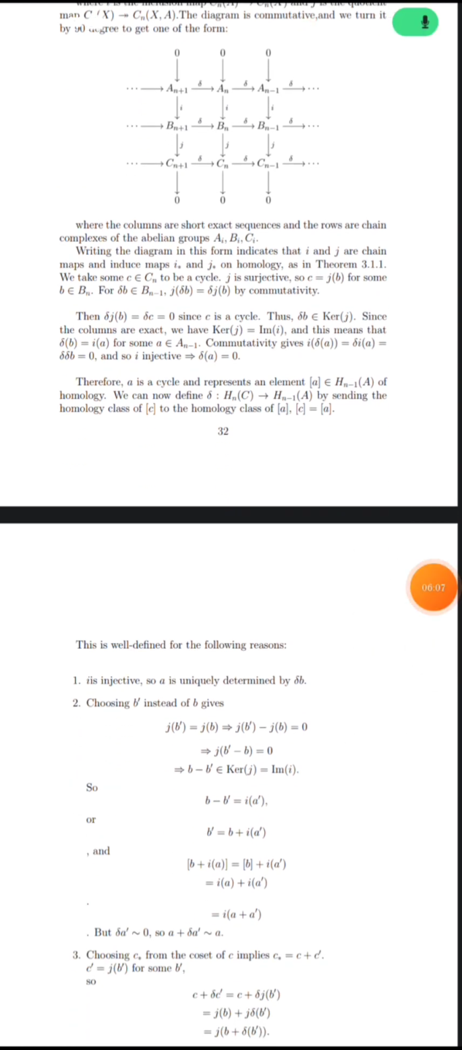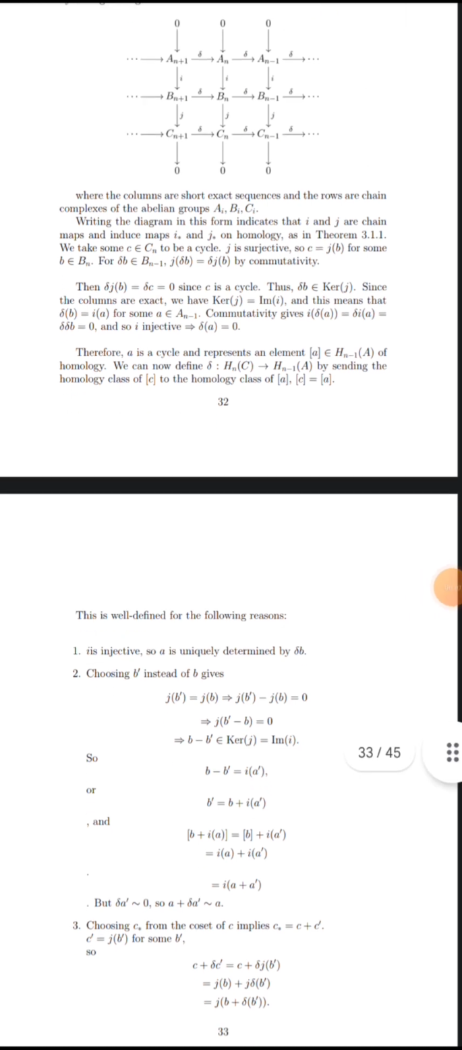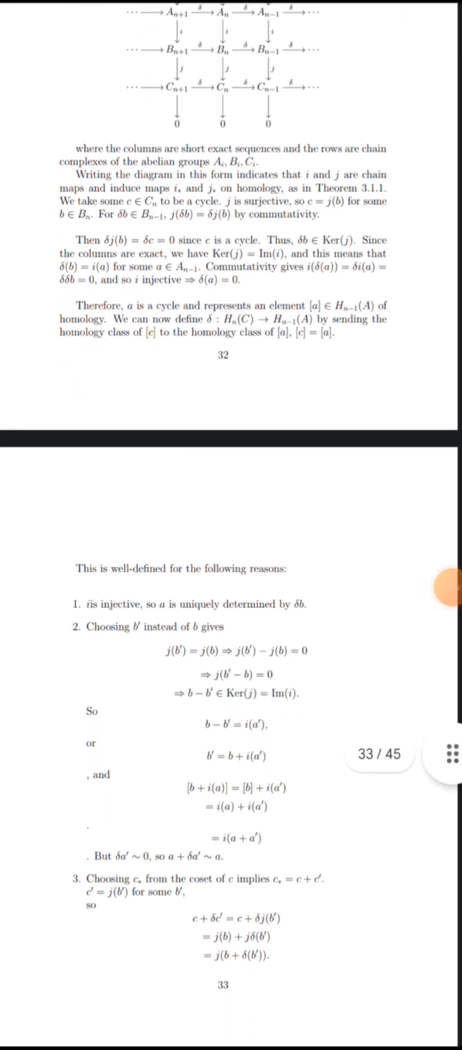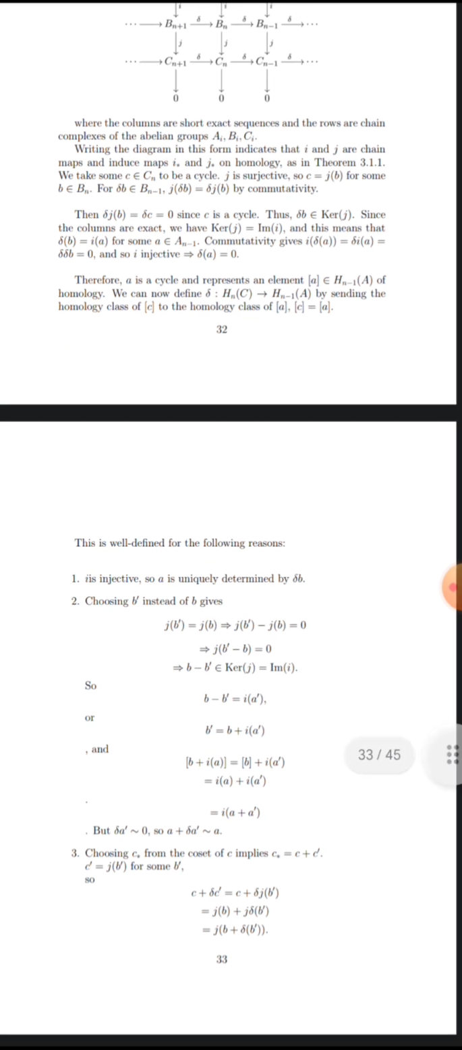Next we are going to see about well-defined for the following reasons. I is injective, so A is uniquely determined by delta A. But B dash, choosing B dash instead of B gives